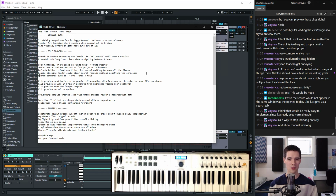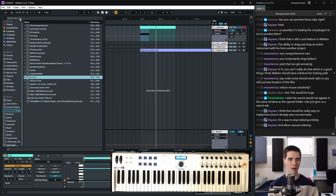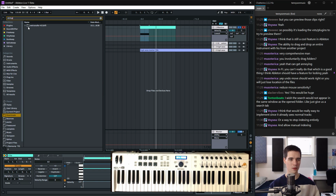Double clicking folder could clear this. Okay, so the stuff that's lower down on this list is more features that I think would just be nice to have. I find when I'm searching for a sample,